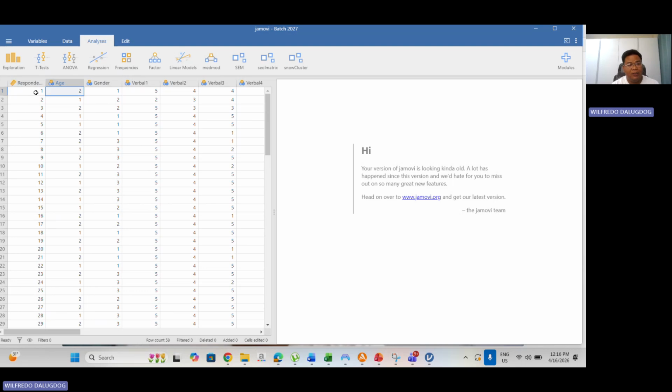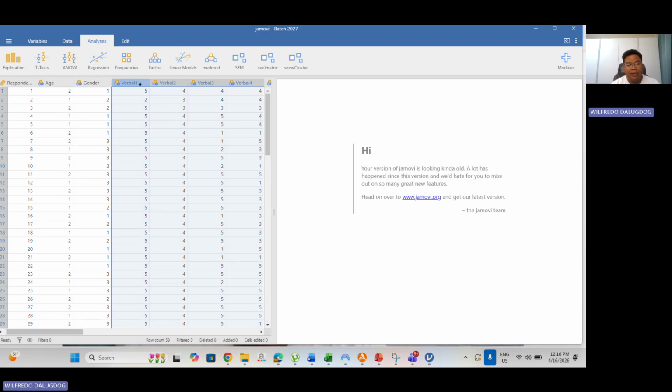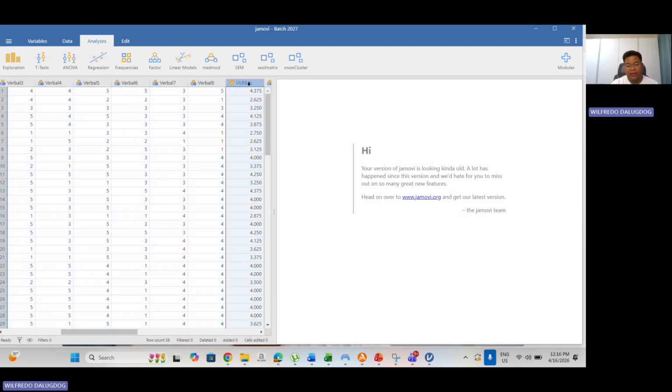As you can see with the questionnaires that I use with this dummy data, let's say I ask the respondent's age, the respondent's gender, and then verbal one, verbal two, verbal three, verbal four, verbal five, verbal six, verbal seven, eight, and then this is the overall mean score.